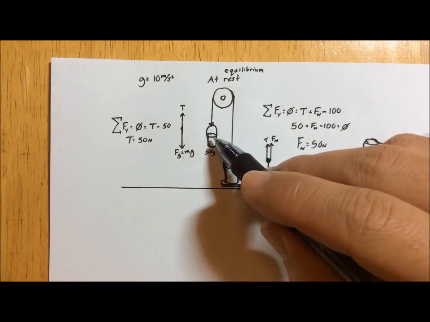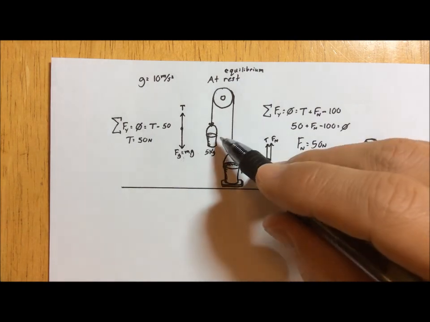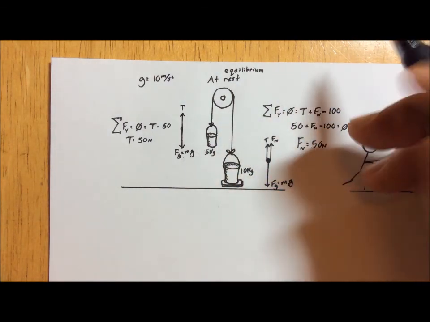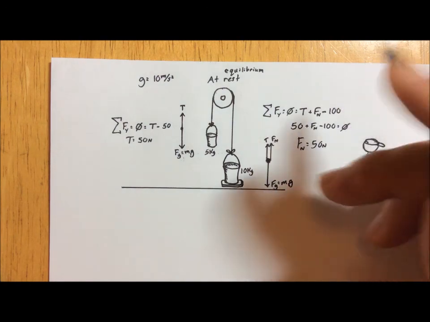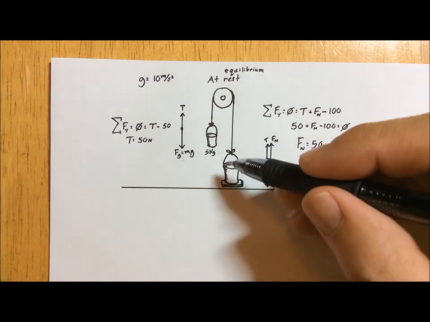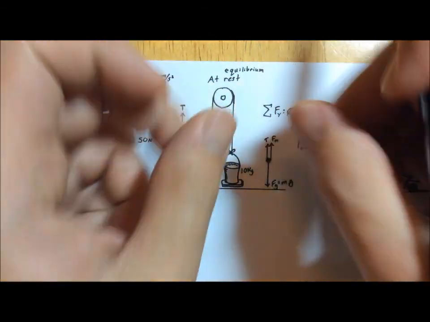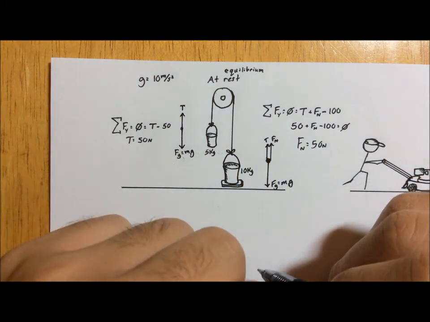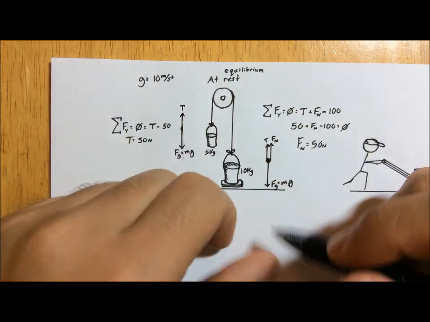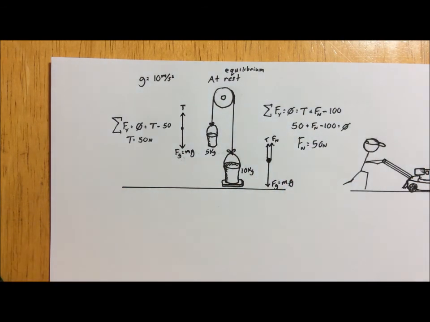If this bucket weren't here, the normal force would be equal to 100 newtons. But the bucket is there, so it's pulling up on it. There's tension, so 50 newtons is what's required of normal force. Normal force will scale, and it's going to scale to whatever it needs to be. If we're pushing down on this bucket, normal force is going to get bigger. If we're pulling up on this bucket, the normal force is going to get less. Okay? If we push to the side, the normal force doesn't change because normal force is in the vertical in this case.